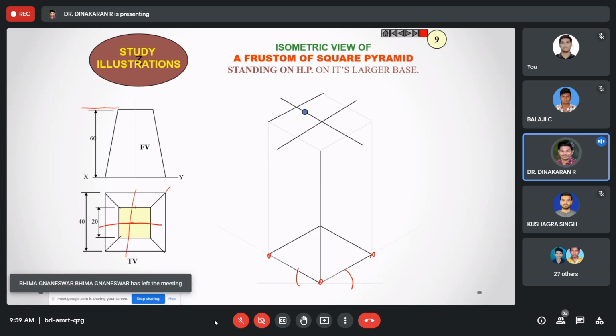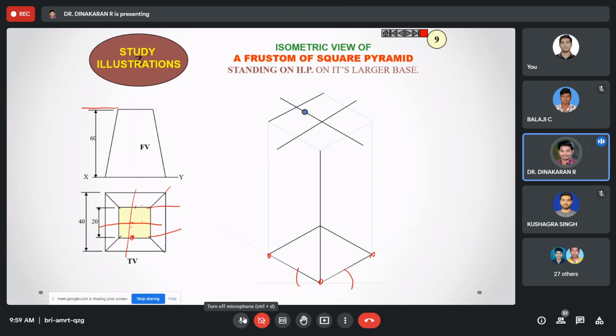From this point to this distance, how much? 20. Center to this line, how much? Total length is 20, so 10. Yes, 10. After marking the axis line, left side 10 mm and right side 10 mm, and this is also a square, equal, so 10. Then after that, draw parallel lines using the moving scale, and connect.